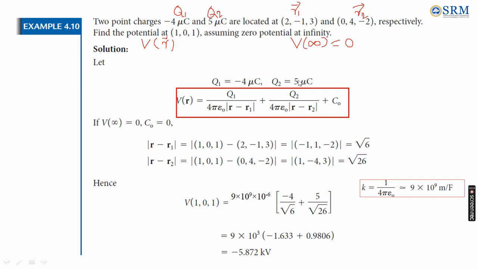Since both the charges are in microcoulomb, I am taking 10 power minus 6, and this 1 by 4 pi epsilon naught, we already know, is approximately equal to 9 into 10 power 9 meter per farad. So I am substituting here. If it cancels, I will get 9 into 10 power 3, and I am writing charge divided by its position vector magnitude here. If I simplify, I get the answer in terms of kilovolt. Potential is measured at the particular point that is given in the question. I hope you understood how the electric